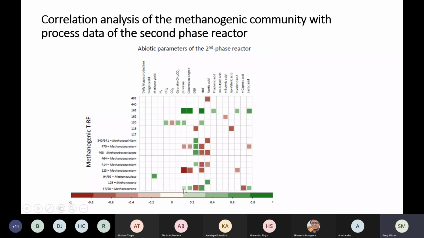So, the pH value, for example, the bacteria seems to be growing, methanosarcina seems to be growing well. If I try to correlate it with the